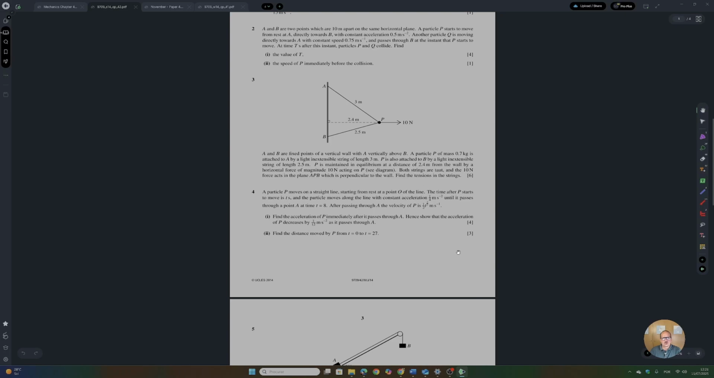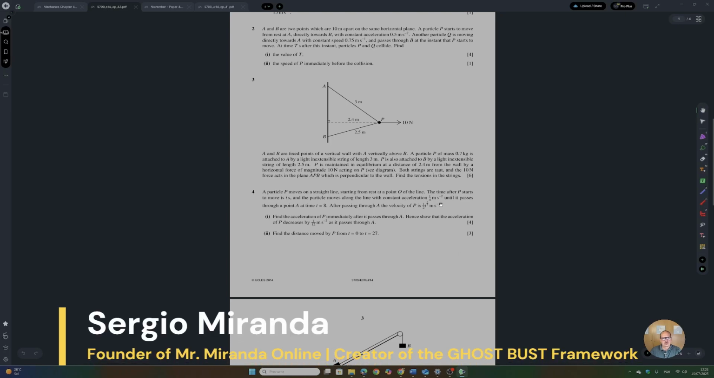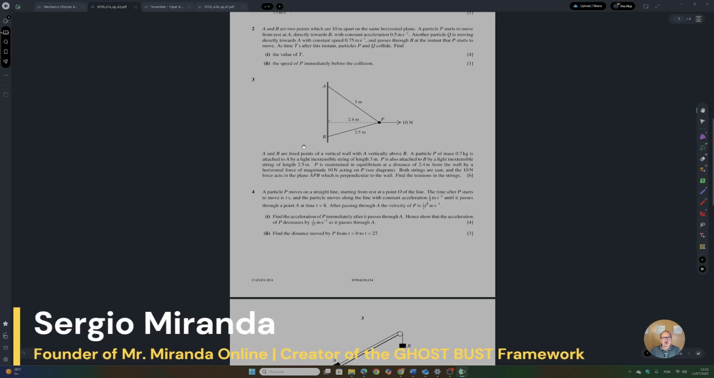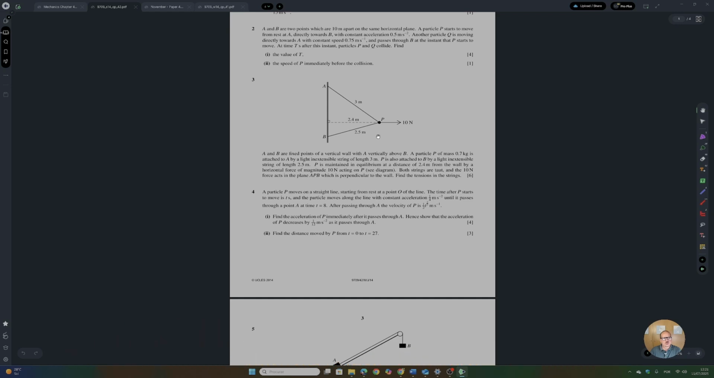Let's now solve 3 exam questions about forces in equilibrium. The first of which is this one. This is from a spring 2014 question paper 42. It's question 3. You have the diagram, okay? I'm going to read through the text to see if there is any hidden information here that is not represented